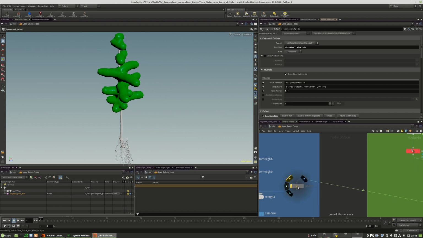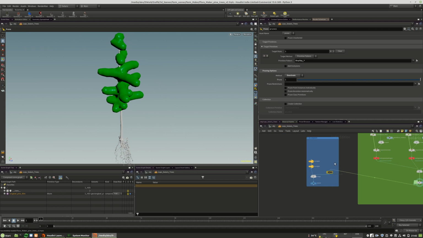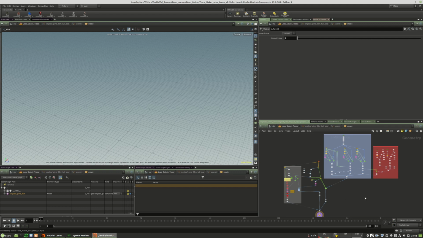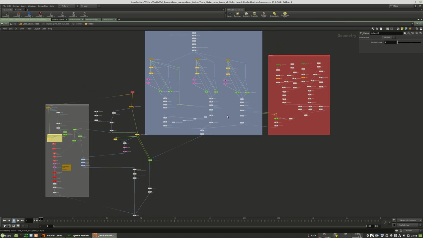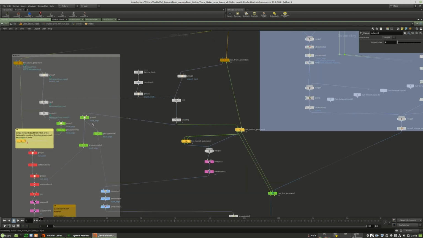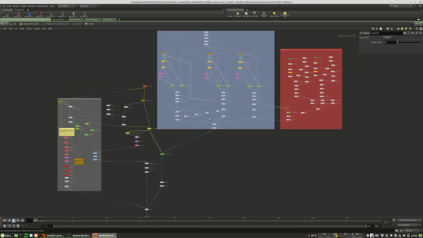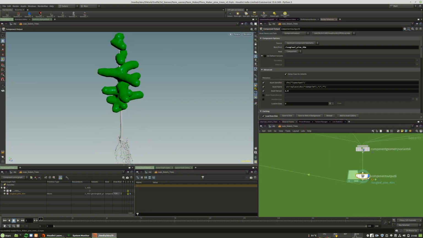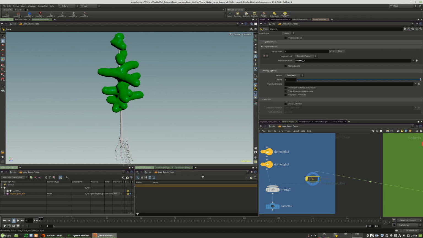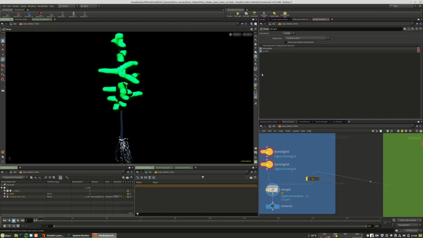And the great thing on those pine trees is that they are not just built fully procedural. So when we look into the network, it's completely created with the tree maker tools that we also use for the plants. And yeah, they have nested instances for all those needles. So when we go back to the baked one, you will be able to have a nice feature. So when I start this render right here,